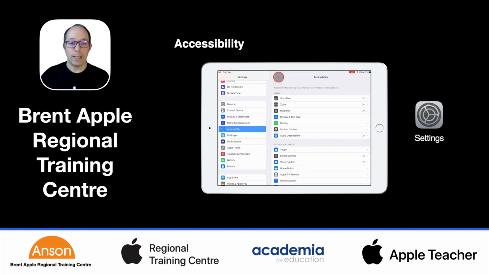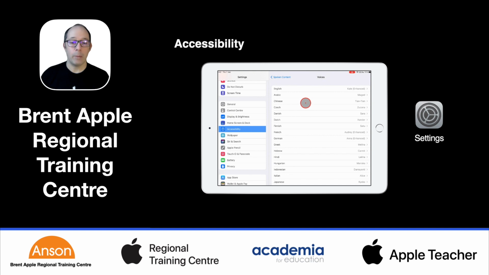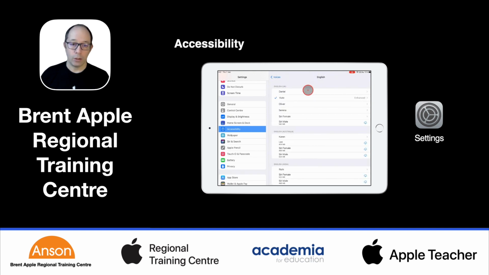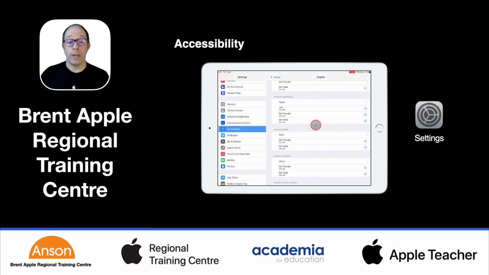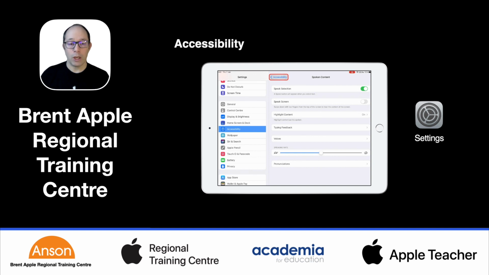Back in accessibility, let's look at spoken content, because we can make the screen speak to us. Turn on speak selection, and then we can select the voices. There are so many voices across so many languages that we can use, and some of them are enhanced. The most powerful voice within the system is Alex. It's as close as you'll get to a human voice being able to recognize content,